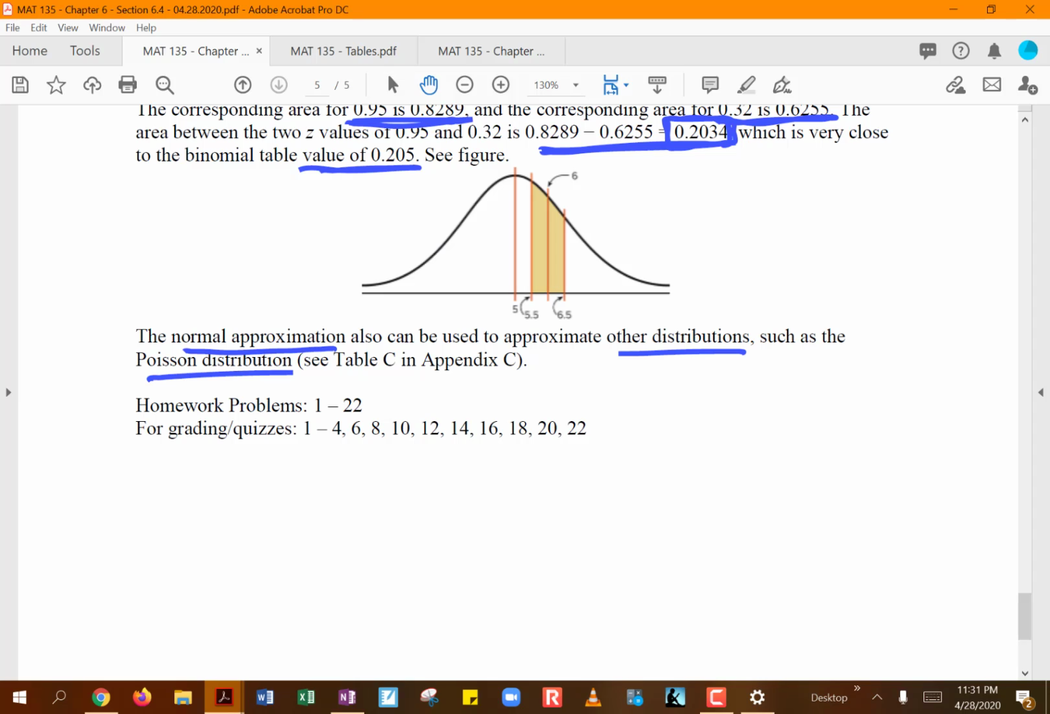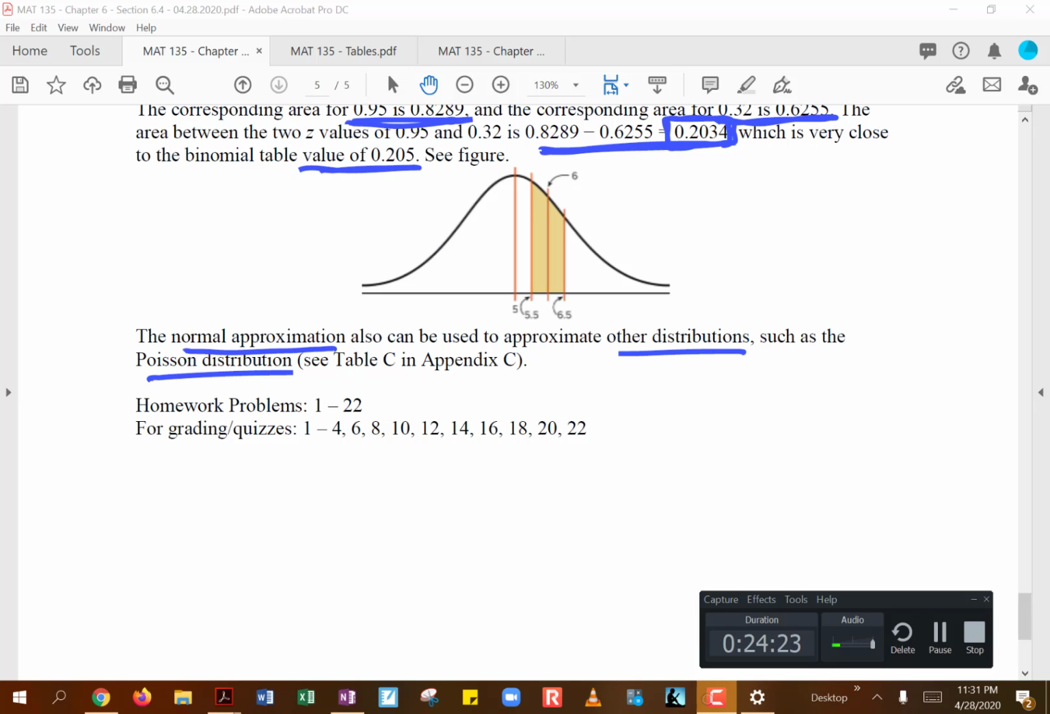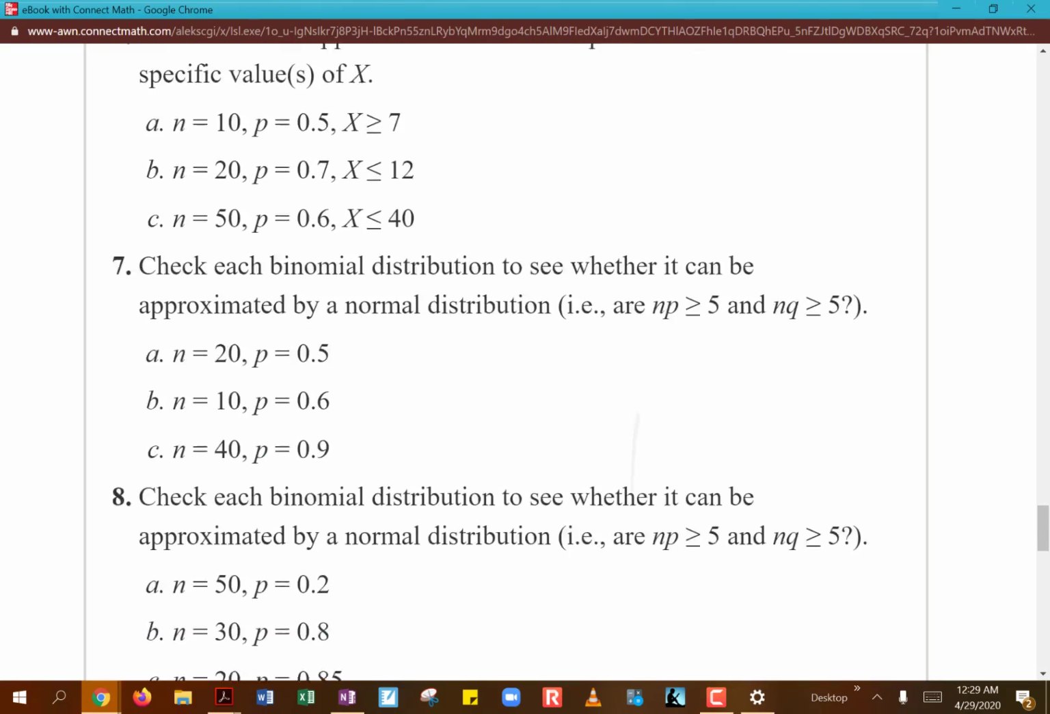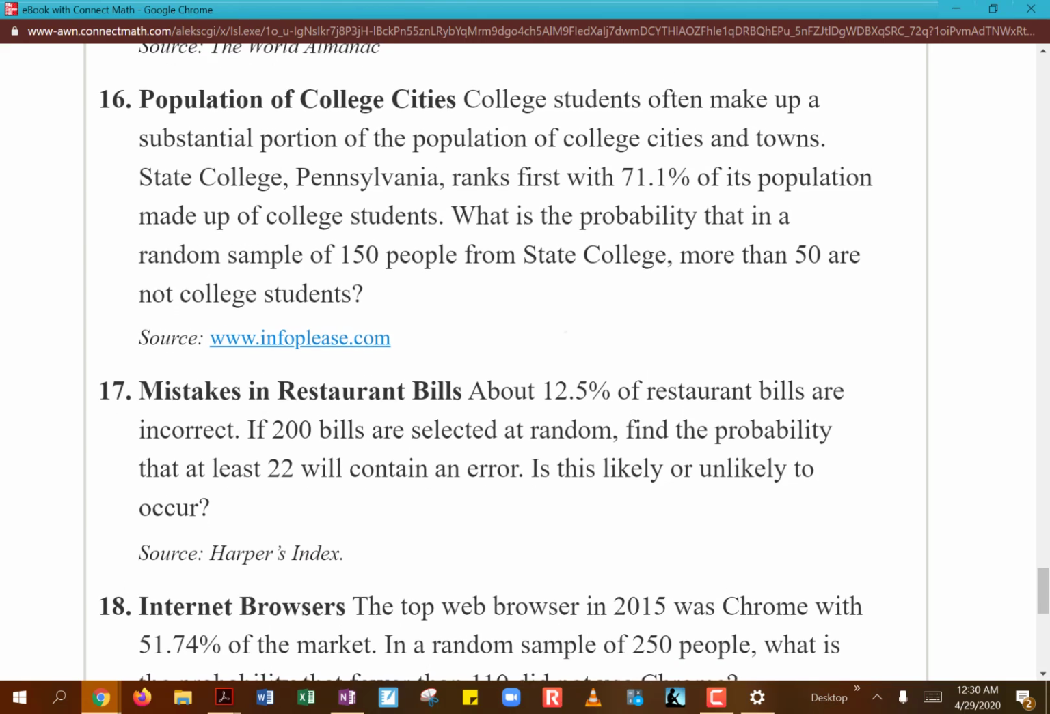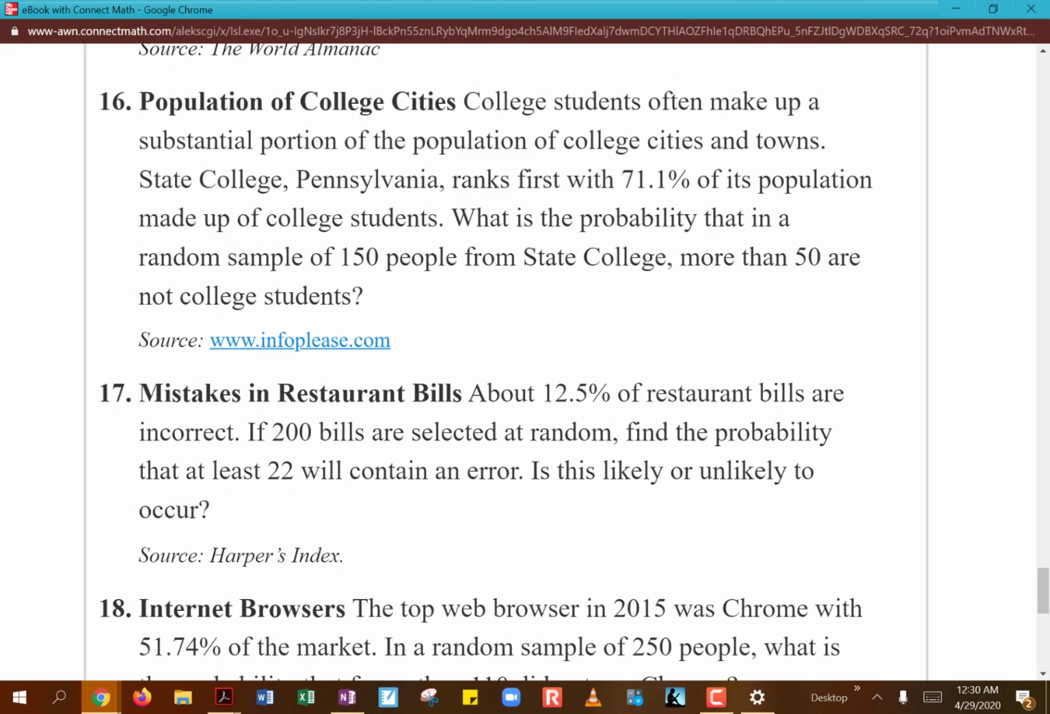Alrighty, so let's look at our first example here, number 16. They're telling us that college students often make up a substantial portion of the population of college cities and towns. So in State College, Pennsylvania, it ranks first with 71.1% of its population made up of college students. And they want to know the probability that in a random sample of 150 people from State College, more than 50 are not